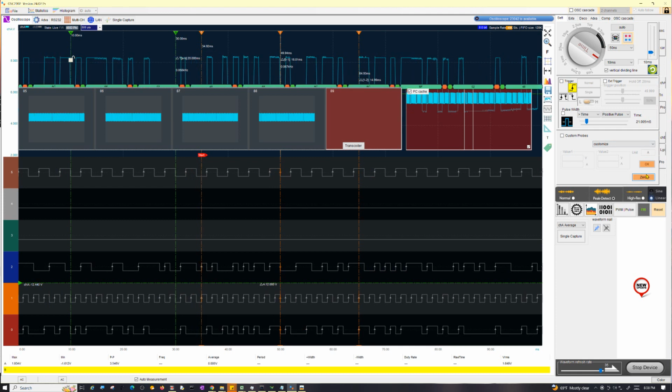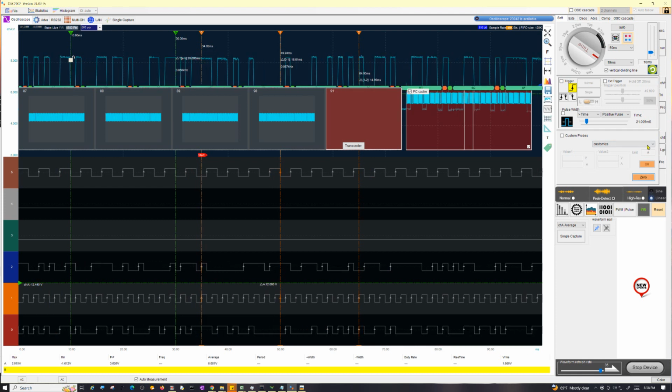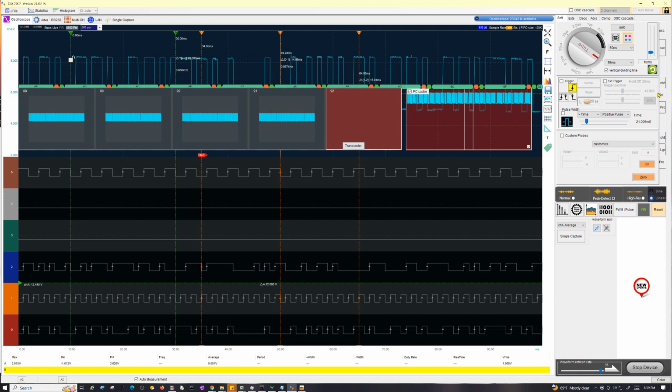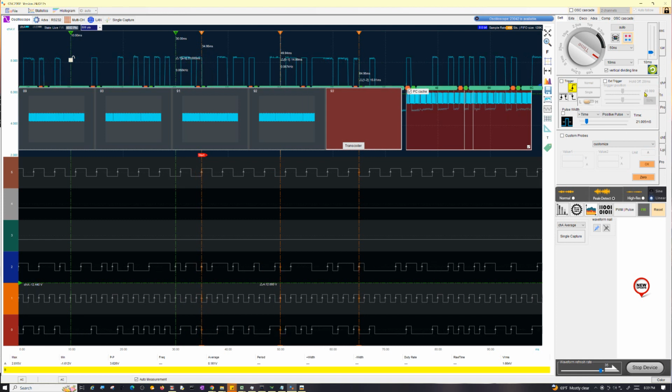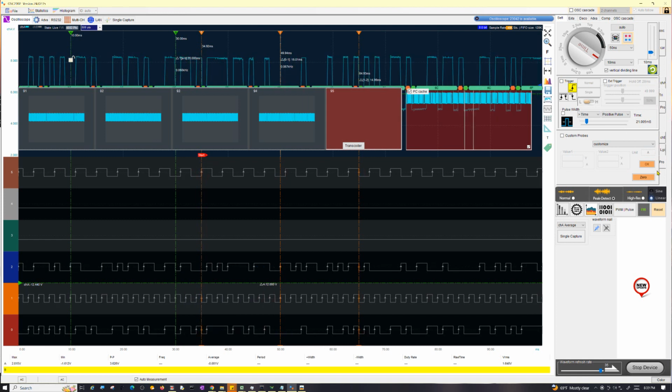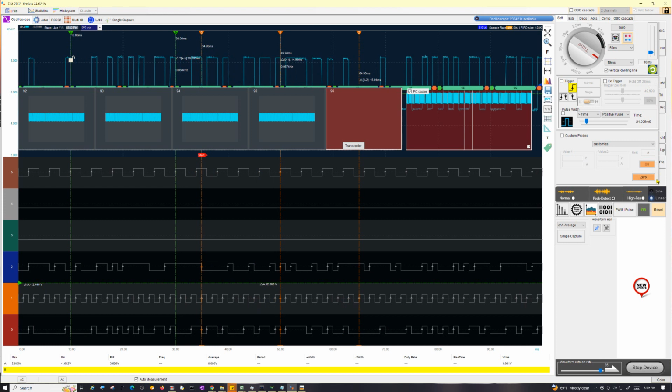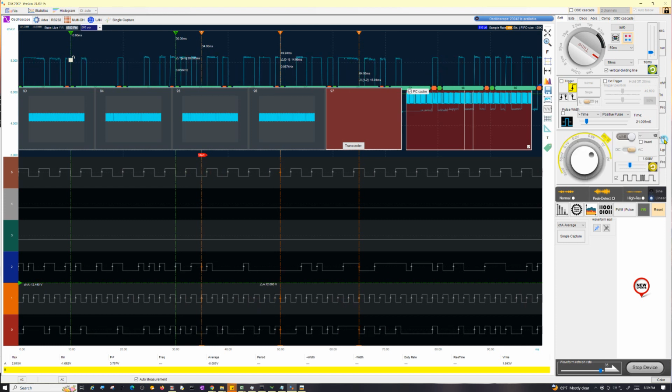But you can use things like that with most scopes, although here you can calibrate it right into your device, right in here, so that might be kind of nice, but still. Anyway,